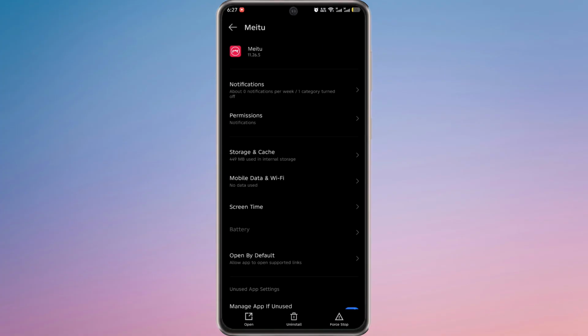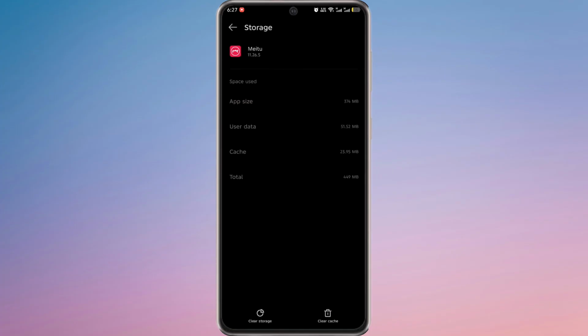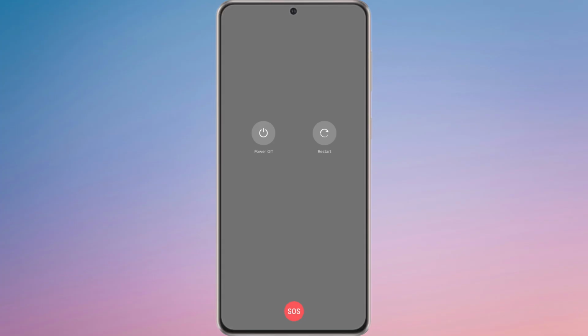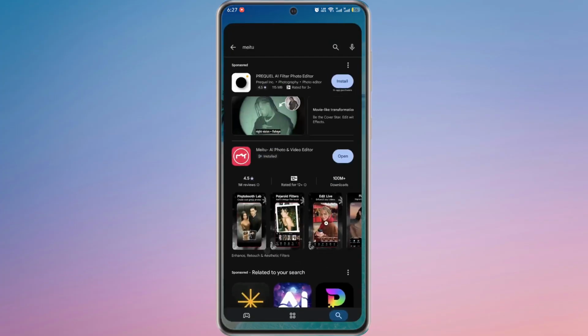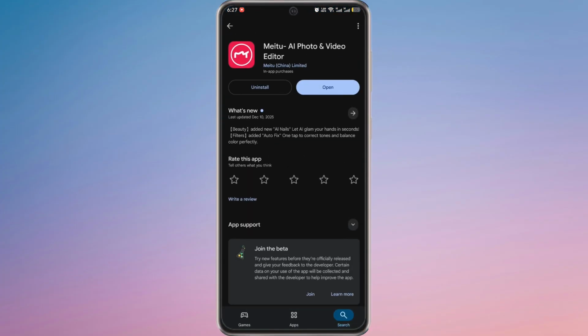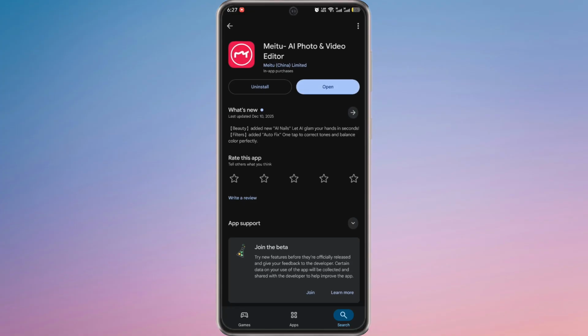Once the app page opens, start by clearing the cache to remove temporary files that may be causing issues. If the app still doesn't work properly, try restarting your device to refresh the system. You can also check for updates in the Play Store and install the latest version of Meitu to fix bugs